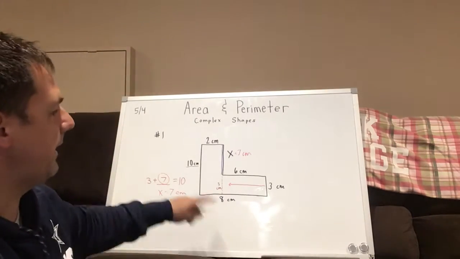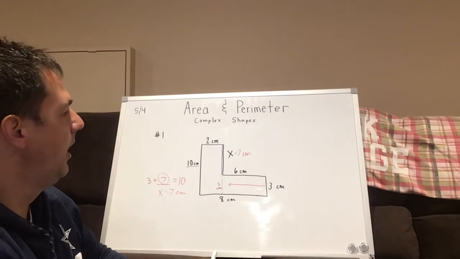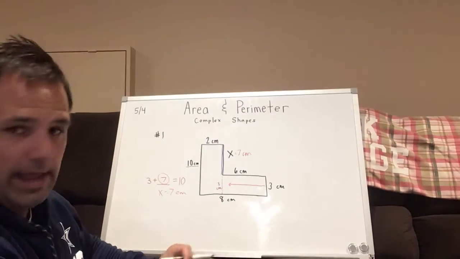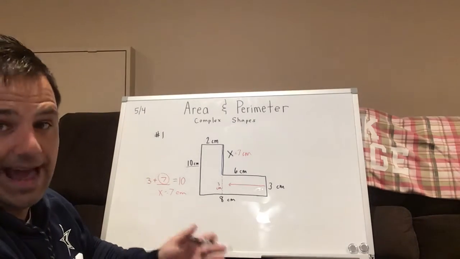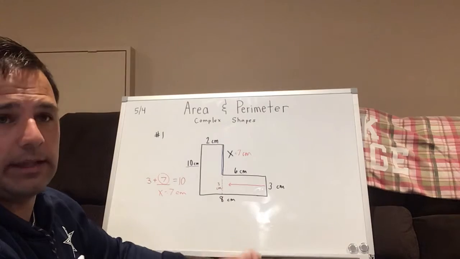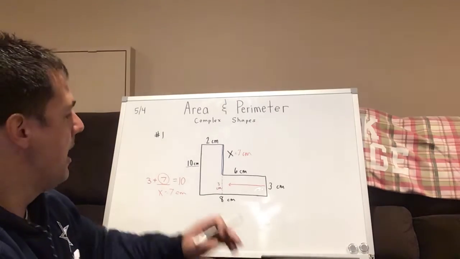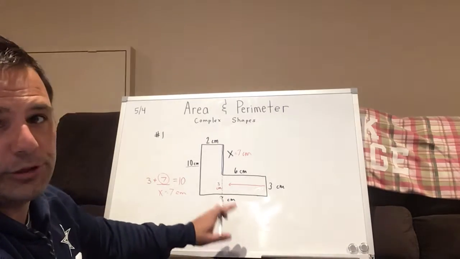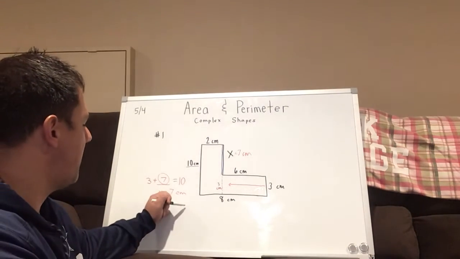You actually have to be able to label and figure out all of the sides. Now that I know all of the sides, I can easily figure out the perimeter. And remember that perimeter is just adding up all of the sides. If it's a square or a rectangle, it's just 2 times the length plus 2 times the width. But when you have a complex shape or an irregular shape, in order to find the perimeter, you just have to add up all of the sides. So now I'm going to do perimeter equals,